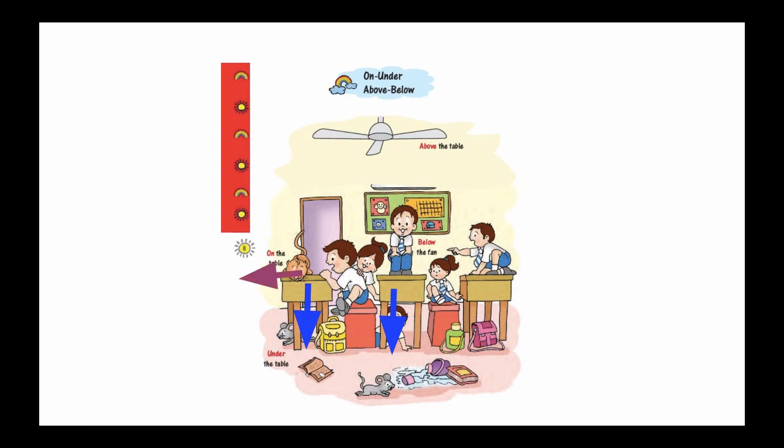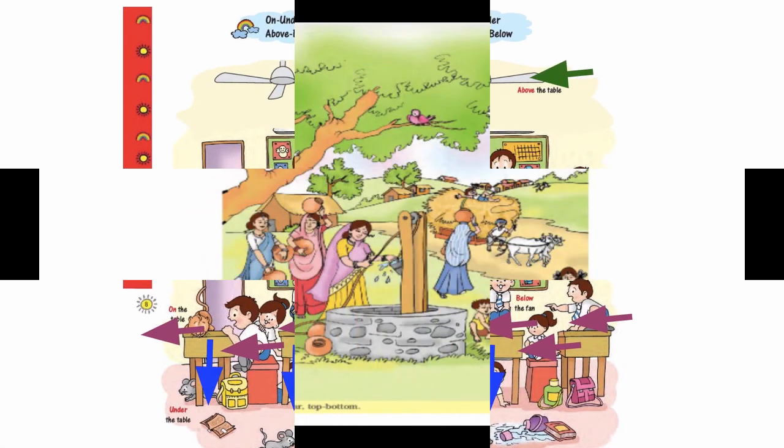On the table we have a cat. On the stool we have these two children. On this table we have a boy. On this stool this girl is sitting. On the table this boy is sitting. Next we have a fan above the table. The fan is above the table, and the fan is above the children also. In fact, in this room, the fan is above all the items in the room.